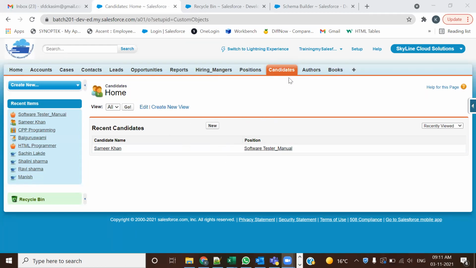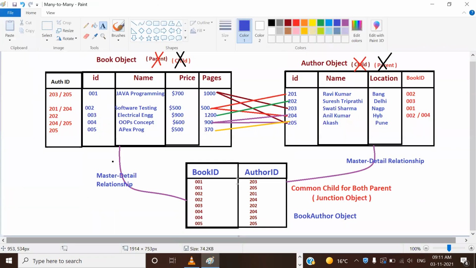सो आपके लिए भी बुक और ऑथर्स तो मैंने ऑब्जेक्ट क्रिएट कर दिए थे। नाउ आई वांटेड ऑल ऑफ यू टू क्रिएट दिस बुक ऑथर ऑब्जेक्ट, एक नया ऑब्जेक्ट बनाओ, एंड देन क्रिएट द रिलेशनशिप। बुक और ऑथर ऑब्जेक्ट आपके पास ऑलरेडी क्रिएटेड है, तो उसमें फील्ड्स क्रिएट की, ऑफ कोर्स नेम और आईडी, प्राइस और पेजेस, एंड द लोकेशन ओवर देयर। तो ये सब क्रिएट करो एंड देन क्रिएट दिस रिलेशनशिप। एक और ऑब्जेक्ट बनाओ बुक ऑथर ऑब्जेक्ट नाम से, एंड देन एसोसिएट दिस ऑब्जेक्ट विद बुक ऑब्जेक्ट एंड ऑथर ऑब्जेक्ट, एंड देन ट्राई टू इम्प्लीमेंट द रिलेशनशिप। ये करके बताओ मुझको, अगर मुझे मिलता है तो मैं स्क्रीनशॉट आज शेयर कर देता हूँ आपसे।